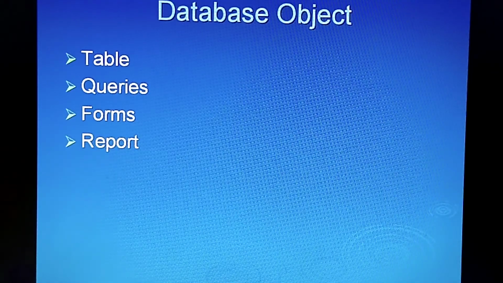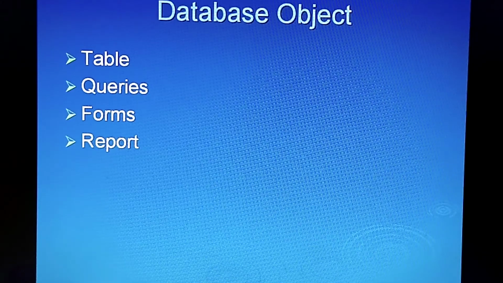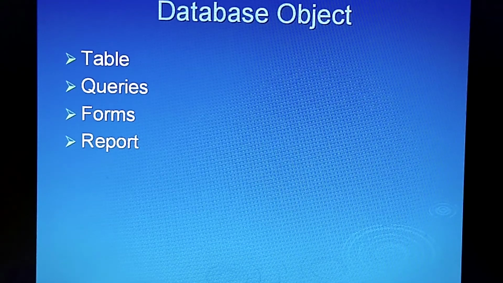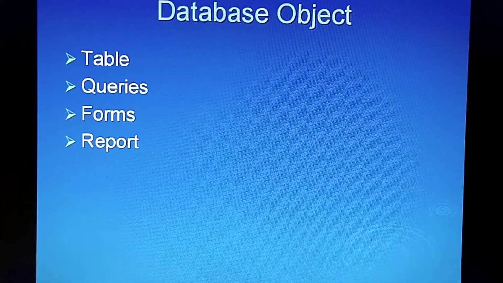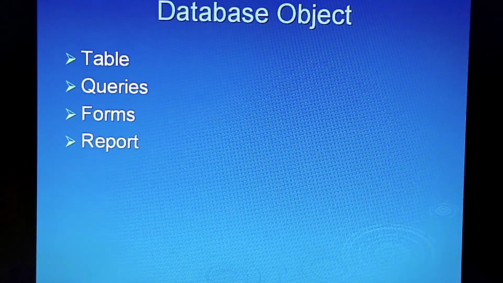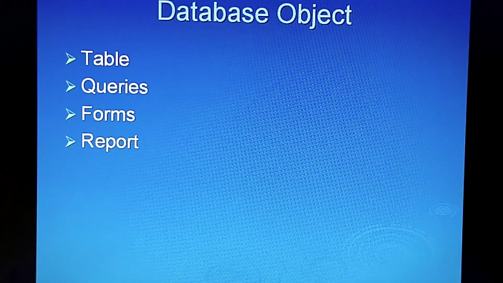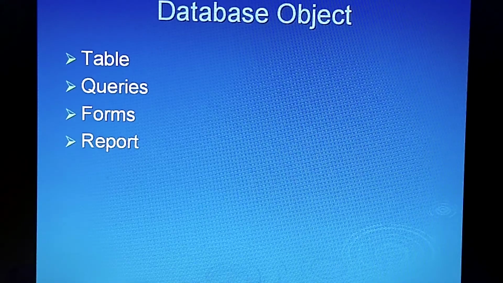Two processes are there. One, I open the database, means open the table, search manually and then find out. Another process is there. I use the query, and query will bring the data which I want to see. So what is the query? Query is the question. What type of question? Query is the question to the database, and depending upon your question, the answers will be given to you.